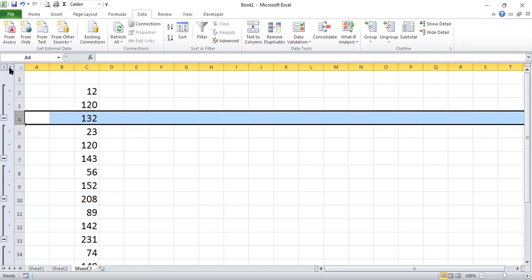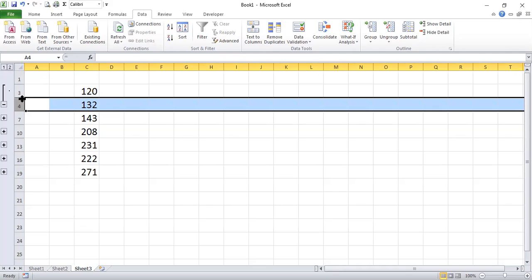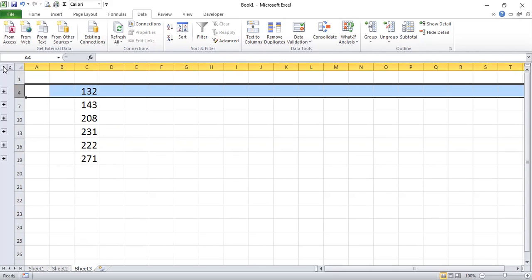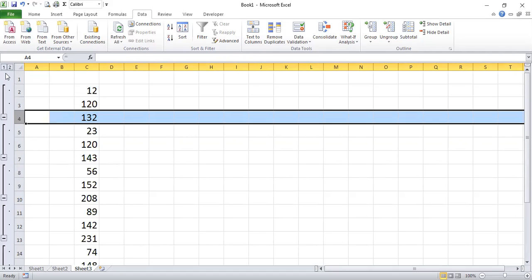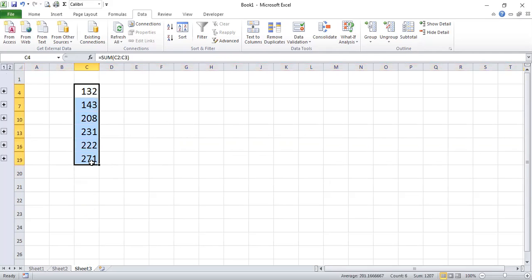If you want to show, then you can click on the second number, or the other way is you can simply drag here to see the other values, right? So with this we can simply keep track of all the values with this consolidate option, right?